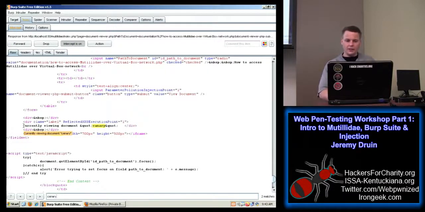There's two contexts here. There's an HTML context. You see the first canary, or the first instance of it, landed between div tags, or within a div tag. It's the text element of a div tag, and it's mixed in amongst some other text. And it looks like it's just surrounded by double quotes, which is really just text in the HTML context. We also have another interesting context that we've landed in the source attribute of an iframe.